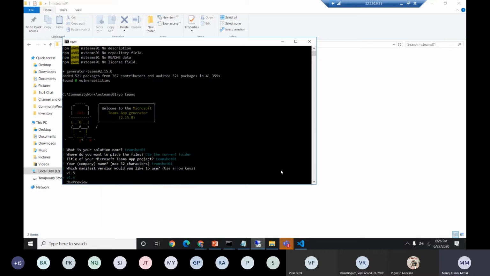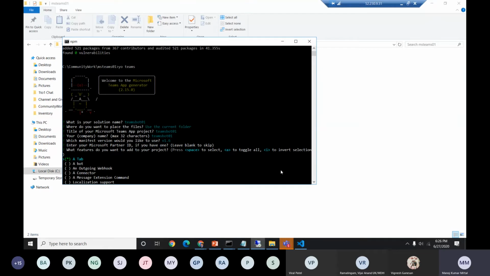The versions come as 1.5, 1.6, and dev preview. Use the latest one, 1.6. Partner ID as of now is not important for this demo. Basically, if we have registered, this is like an MPN ID. If we have registered our organization with Microsoft, it gives one ID, a pre-validated ID. So we will not go through the validation process again when I deploy my bot to the app store or AppSource. It's pre-validated and the fastest way to reach the AppSource level. So I'll just skip it as of now.